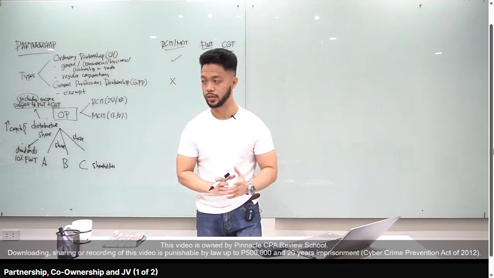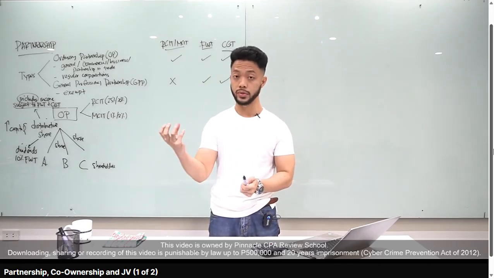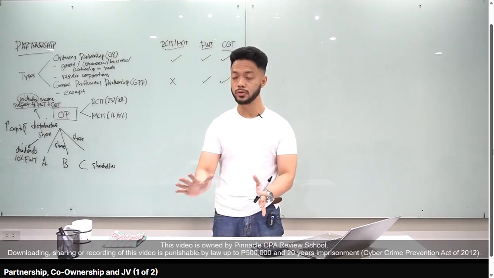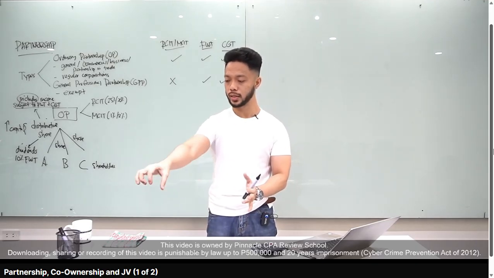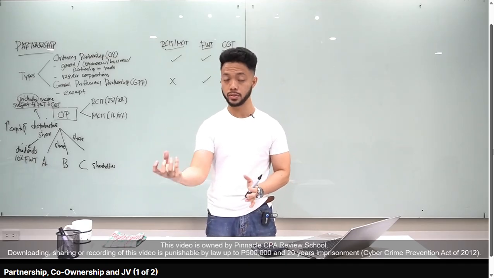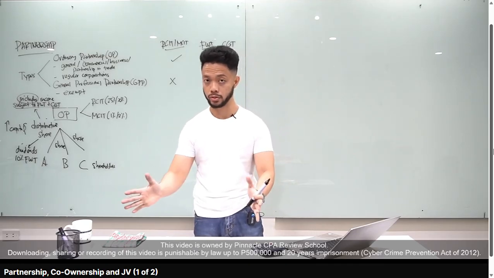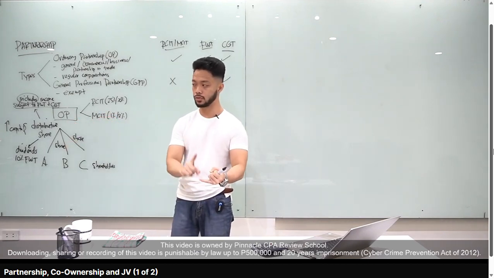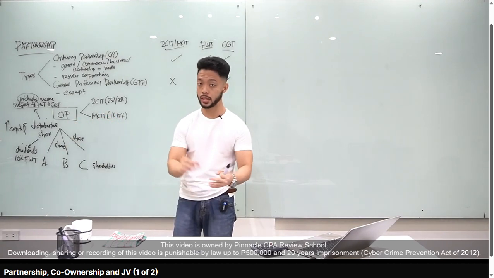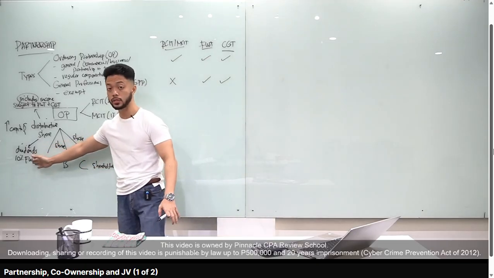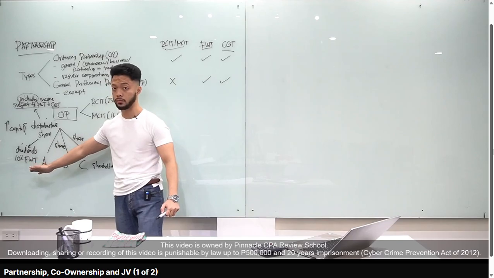So para mas maintindihan nyo, ganito lang yung class. Naalala nyo sa AFAR natin, income allocation. Di ba ang ginagawa natin, may given na net income, and then follow natin yung partnerships agreement. Hindi naman natin ginawa doong class na, okay, ito yung income, tapos tanggalin natin yung income subject to final tax, income subject to capital gains tax. Hindi ganun. Basta part siya ng income, i-allocate natin sa partners. Okay? Ganun din dito, class. So whether yung income na yan, subject to regular tax, or subject to final withholding tax, or capital gains tax, lahat yan, i-allocate natin sa partners. Got it? Mag-form part yun ng dividends, which will be subjected to 10% final withholding tax.